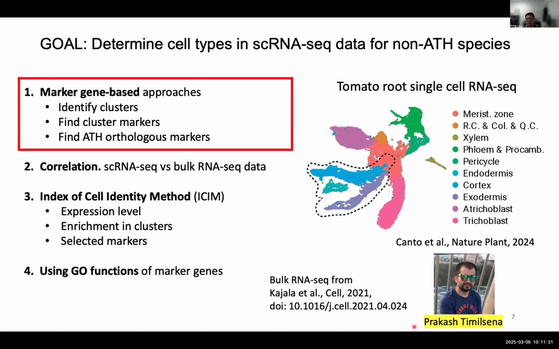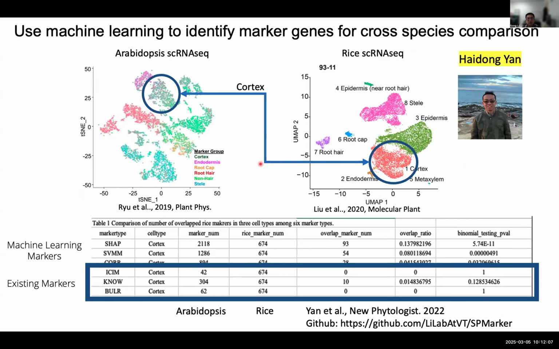And that is when the postdoc Prakash did this analysis, taking those marker genes from their Cell paper and then overlapping them with the marker genes from this single cell map in tomato by Alex. And then we did a statistical test to find the significant overlap between those markers. And then we were able to assign some of the clusters. And Alex actually took this a little bit further to use some other approaches to assign cell clusters and then put them together to annotate this map of tomato single cell data published last year.